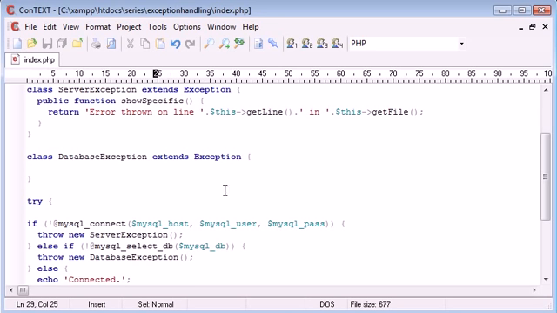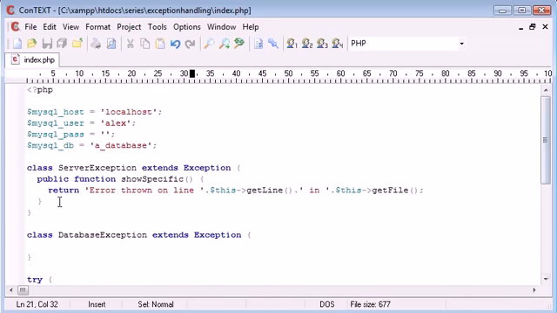Let's go and have a look to see where the error has been thrown. So the throw new server exception is on this line here, and you can see that down here in the corner it's line 21. So we're successfully showing the right information. So now what we can do is do the same thing for database exception. We can create a public function show specific, and we can do exactly the same thing. So we can return